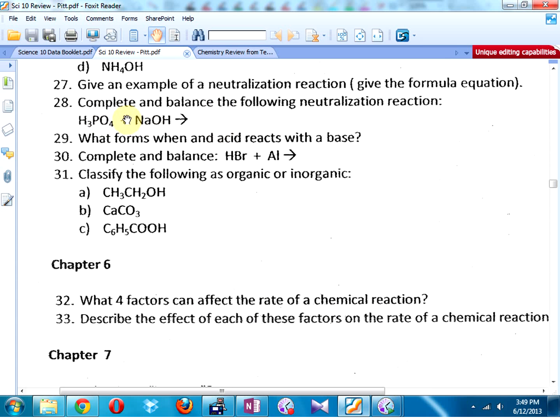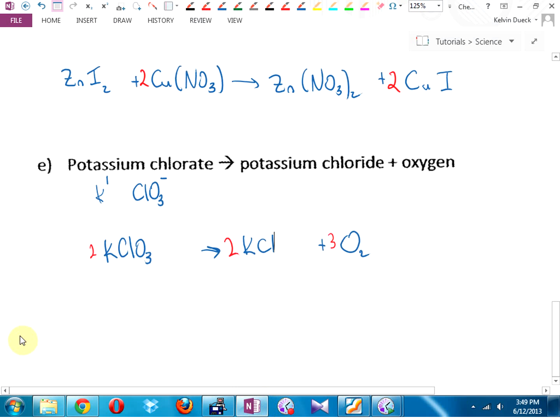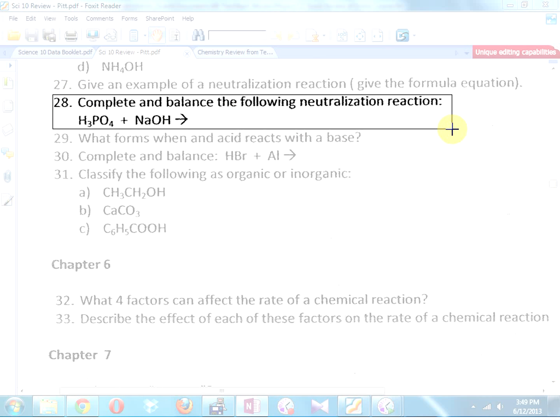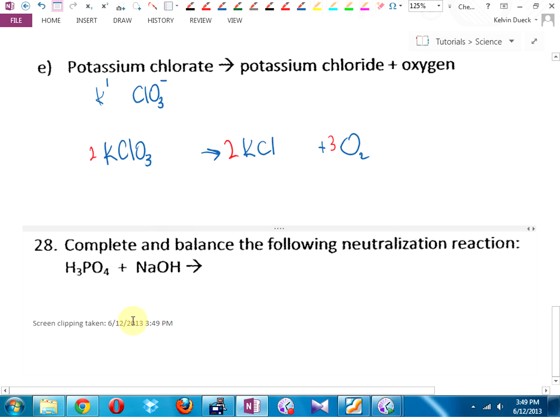So complete and balance, I think that's what we need a bit of practice with still. Yes, balancing equations. So let's do that. What's the product going to be? Well, the Na is going to combine with the PO4, and there's going to be H2O, but I need to